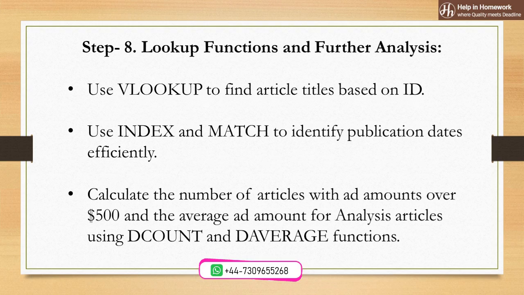Step 8. Lookup functions and further analysis. Use VLOOKUP to find article titles based on ID. Use INDEX and MATCH to identify publication dates efficiently. Calculate the number of articles with ad amounts over $500 and the average ad amount for analysis articles using DCOUNT